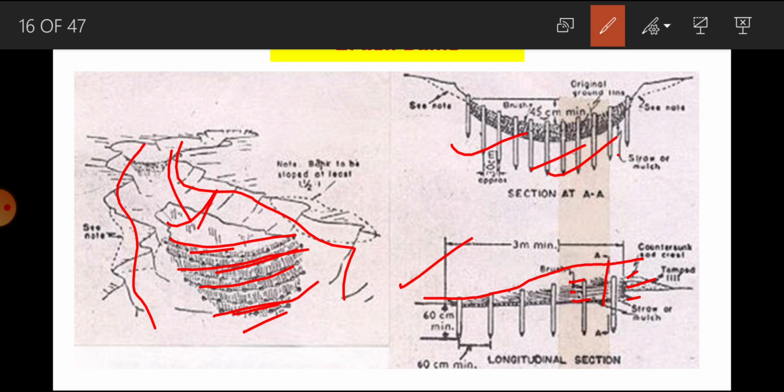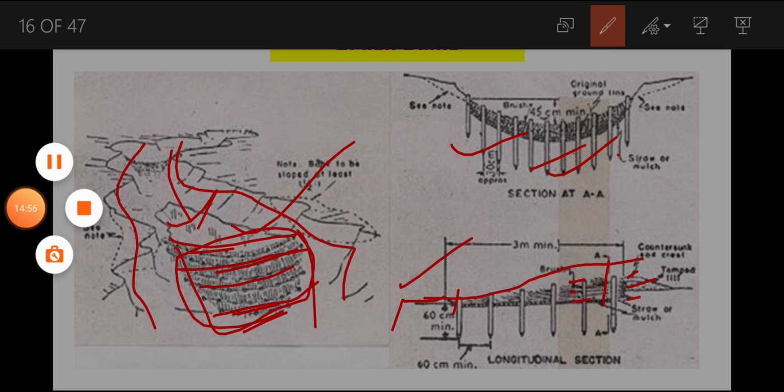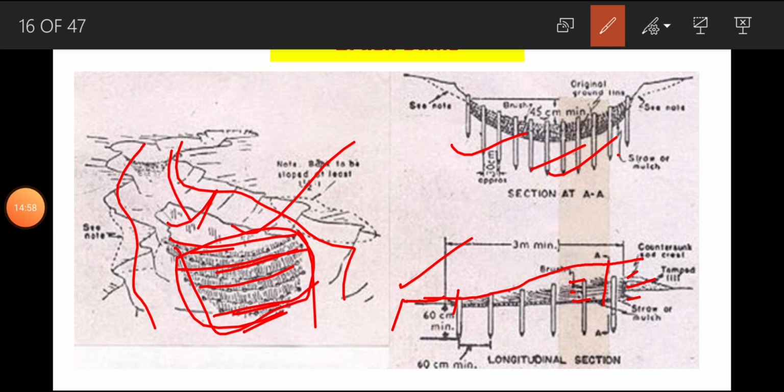And then after, you have to keep some apron space here. If you look at this particular diagram, you can see a brush kind of construction is made for the flow of runoff. So this was all about the brush dam, where you have to create a brush kind of structure like this by placing some straw loose materials into the gully bed.